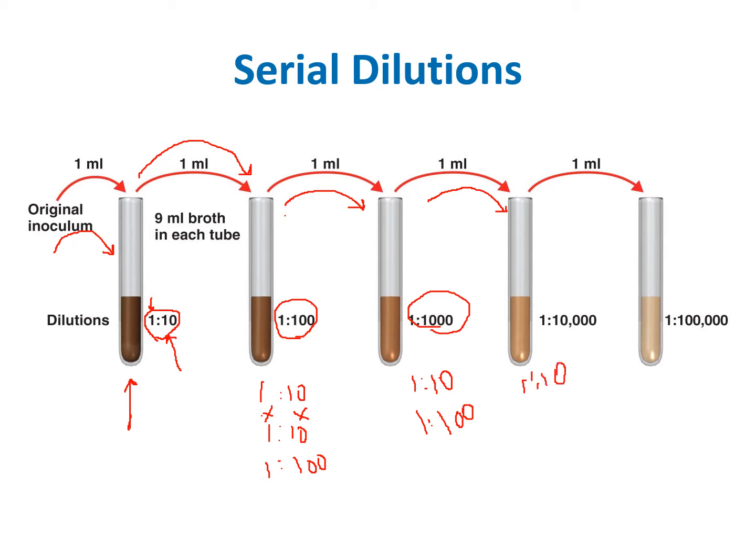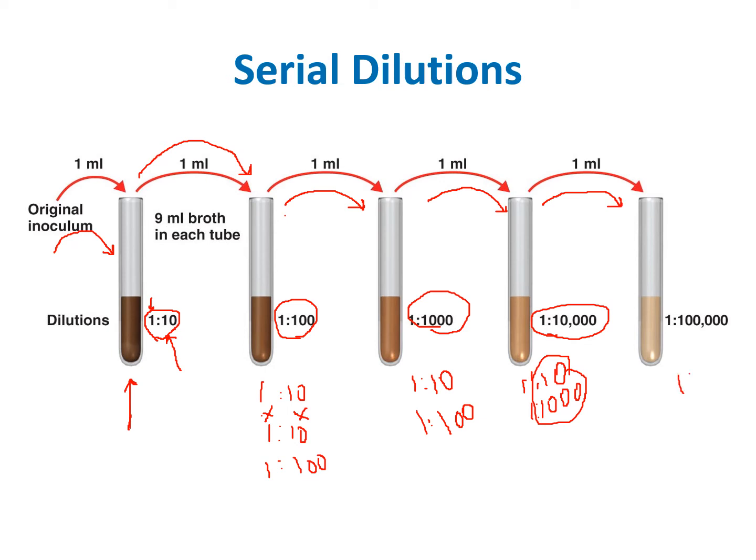A 1 to 10 dilution of a 1 to 1,000 dilution. So this gives us a total of a 1 to 10,000. Remember, we're multiplying these two numbers together here. So we get 10,000. Then if we take 1 ml of that, add it to 9 ml of medium again,